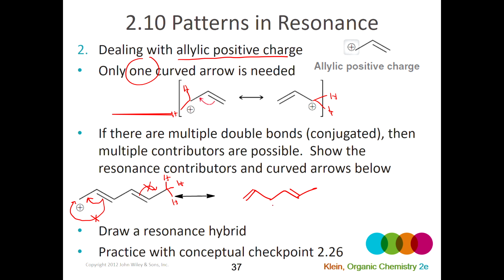That does pull them away from this carbon. So now there's a positive here. And then more electrons can shift again, and I can create a third structure. So in the quiz question today,